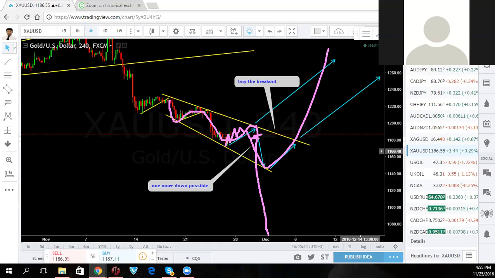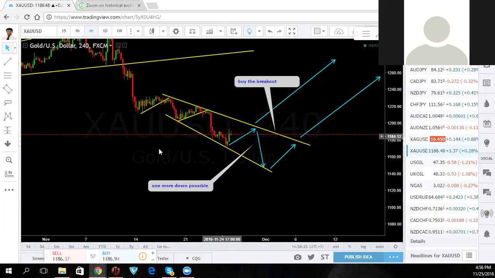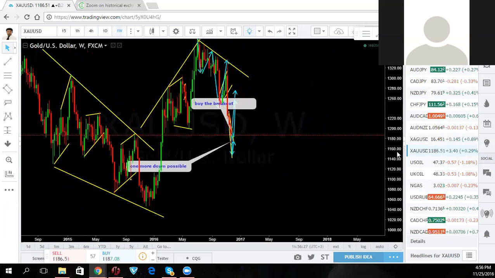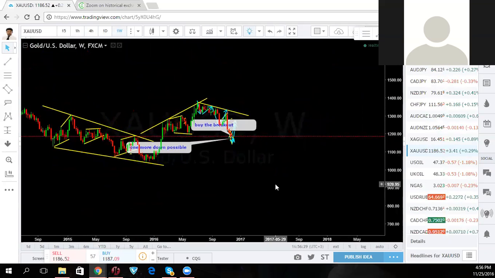If it breaks down, and it can break down, these would be smaller impulses within a bigger downtrend. I don't think it's going to break down. My experience and my knowledge of this chart tell me, if you look at the bigger structure, this is what you see. And based on what we see in the bigger structure, if it is going to break down, it will first make a move up and then break down.